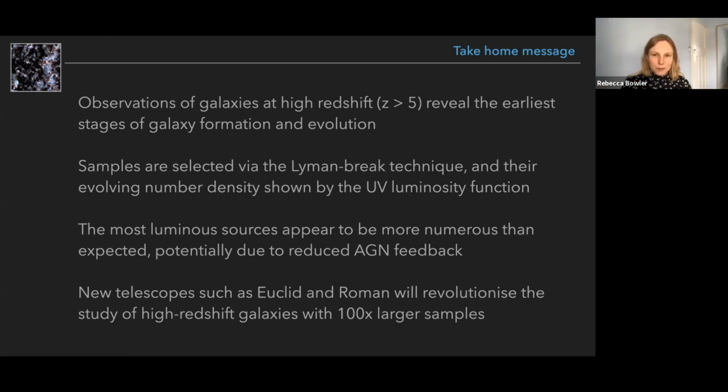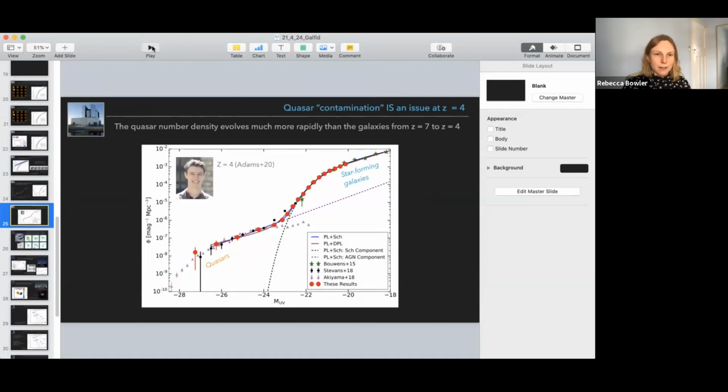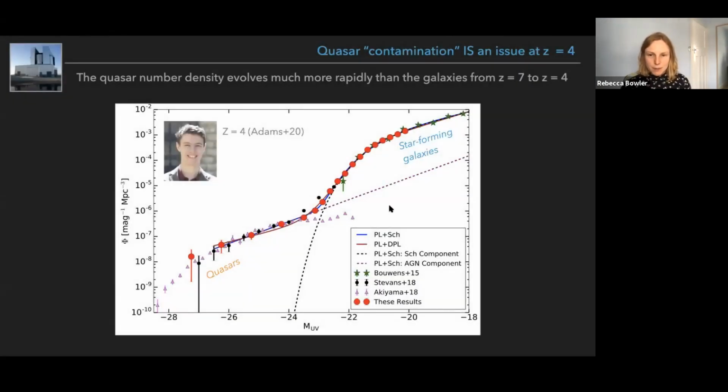So this is a current hot topic in the field, how many quasars or AGN there are, and how this could change their contribution to reionization. I'm not sure if I can find a slide that's actually helpful. Right, here we go. I'll show Nathan's work. So what this comes down to is there are not many bright quasars. We know quite well that there are a lot more galaxies than there are quasars. But what we don't know is how many faint quasars there are. And it's the faint objects, the faint accreting black holes, that would contribute to reionization, because there's just not enough of these ones up here that we know about.